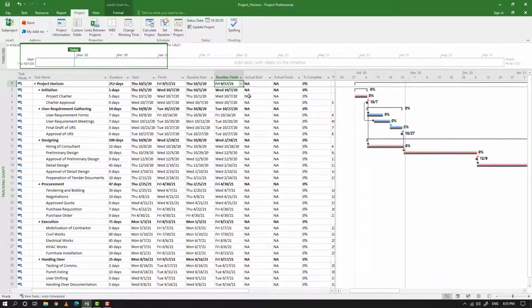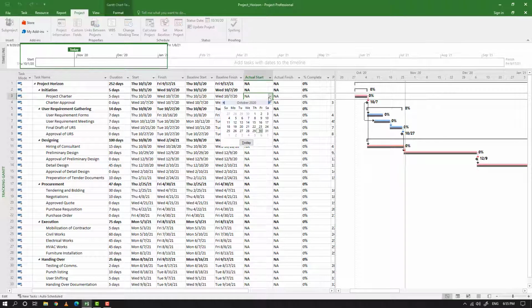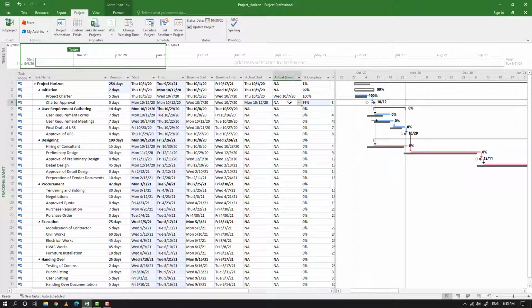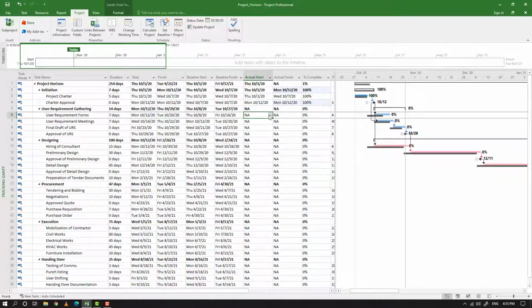For my project charter, it started on time, so I am putting in the actual start date and marking it 100% complete, but my charter approval is delayed till 12th. So you can see from the bar chart that my progress line goes beyond the planned baseline. So in this way you know your planned activity is being delayed, and then again I will catch up this